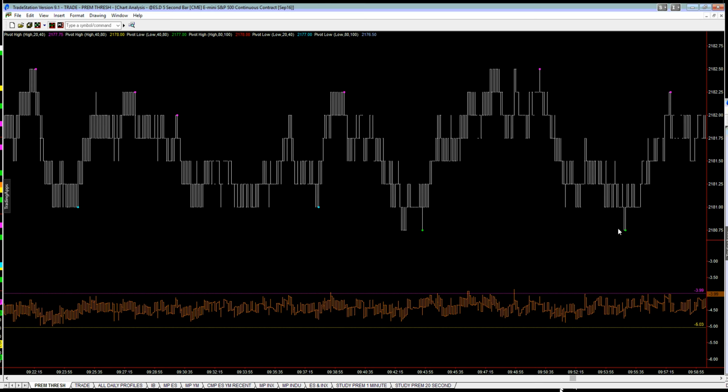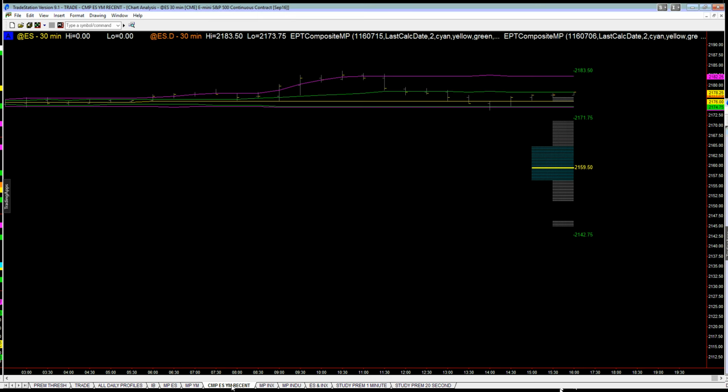So there was money to be made on these little shorts, but where the market was really going could have only been seen with the use of some market profile data. And here in this market profile, you can easily see 83.50. Now that has been revised as a result of these moves. Earlier, it was only at 21.83, and unfortunately I don't have a recording of that, but we were looking at 83